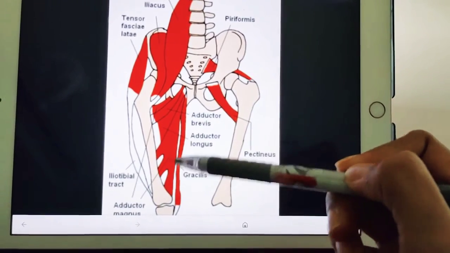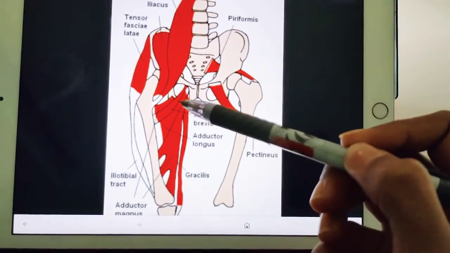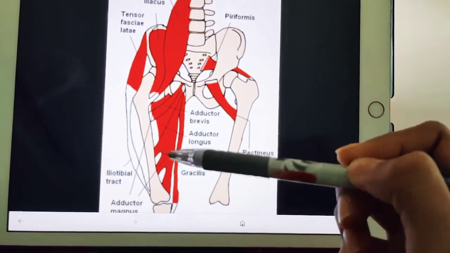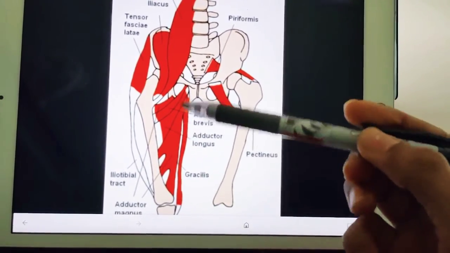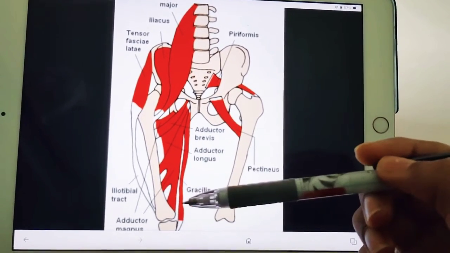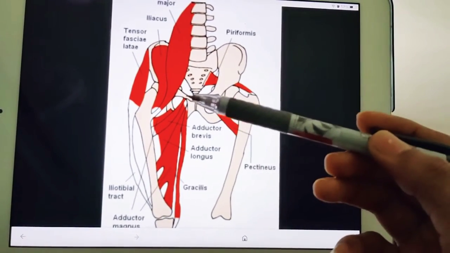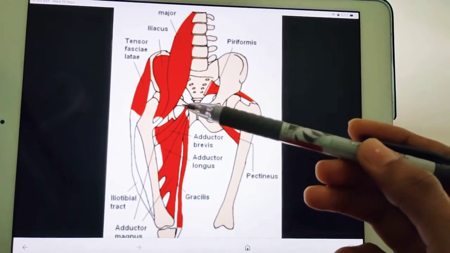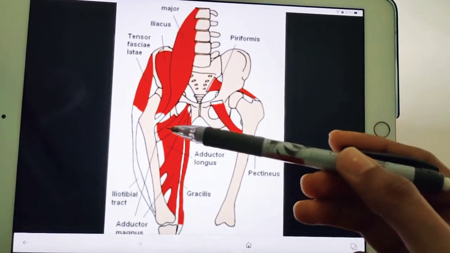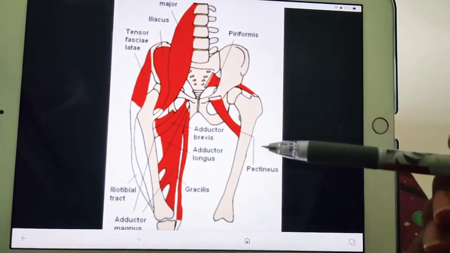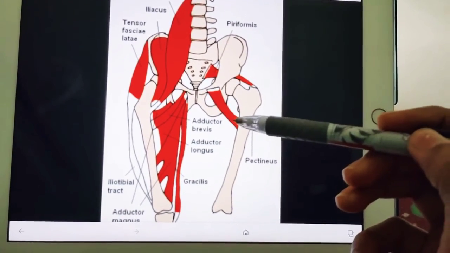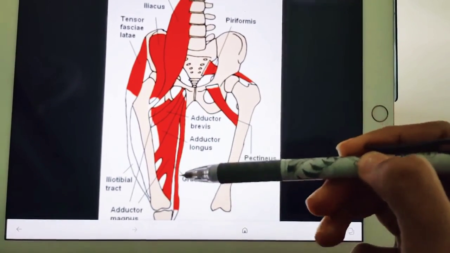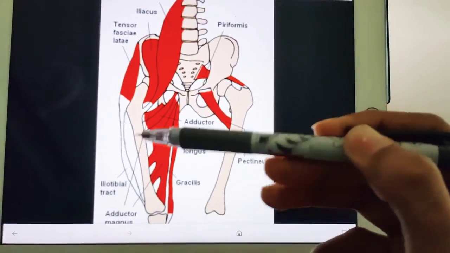So this is the adductor magnus muscle, and you can see the adductor brevis, which is a small muscle, and next you also have the adductor longus muscle. So these are all the adductor compartments on the medial side of the thigh. And also you have your pectineus muscle, which actually comes from the hip bone, the pubis. You can see here it's mentioned pectineus, right? So adductor brevis, longus, and also you will have the gracilis muscle. So these are all the muscles of the medial compartment.